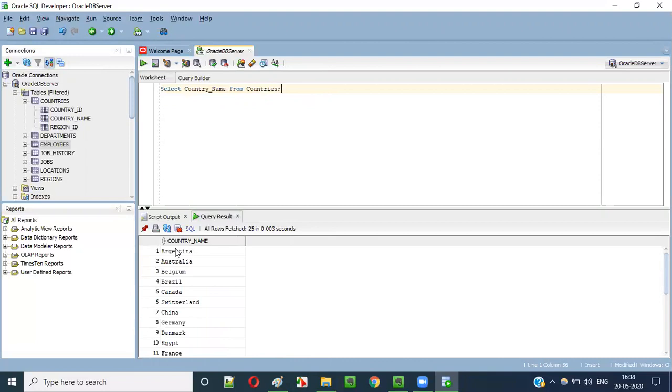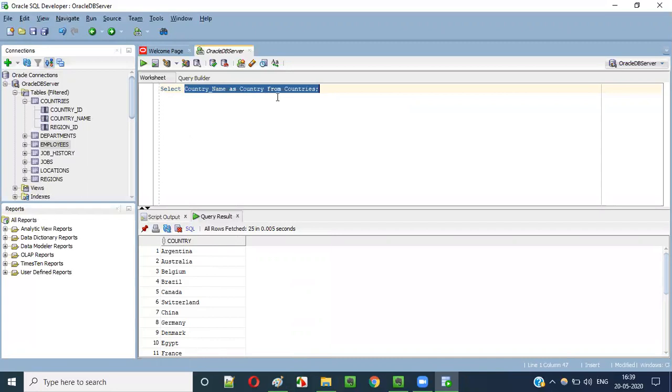But I don't want to display the column name as country_name. Instead, I would like to give an alias name. Even though the column name is country name, as part of the display I want to give a separate name, for example, country. For that, I have to use the AS keyword. Select country_name as country. Here the column was displayed as country_name, but when I say country_name as country and run this, instead of country_name we got country. The alias name, country, got displayed here.